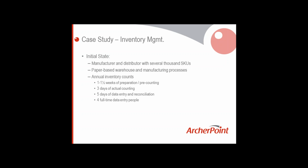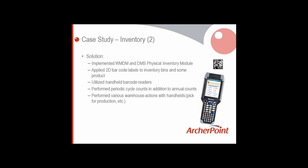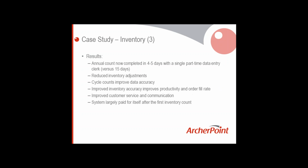You know, we had another client recently, same thing. Before we got in there, 5 days with 16 people to do their inventory count. In that example, they dropped down to a single day to do their inventory count. So they saved 4 days times 16 people just by going to a better barcoded counting solution. In this particular case study, we implemented the advanced count and the barcode scanning, and put all of that in. They started doing cycle counts, but the first full physical inventory count went from 2 weeks to about 4 to 5 days. Okay, so really the system paid for itself the first time they used it,